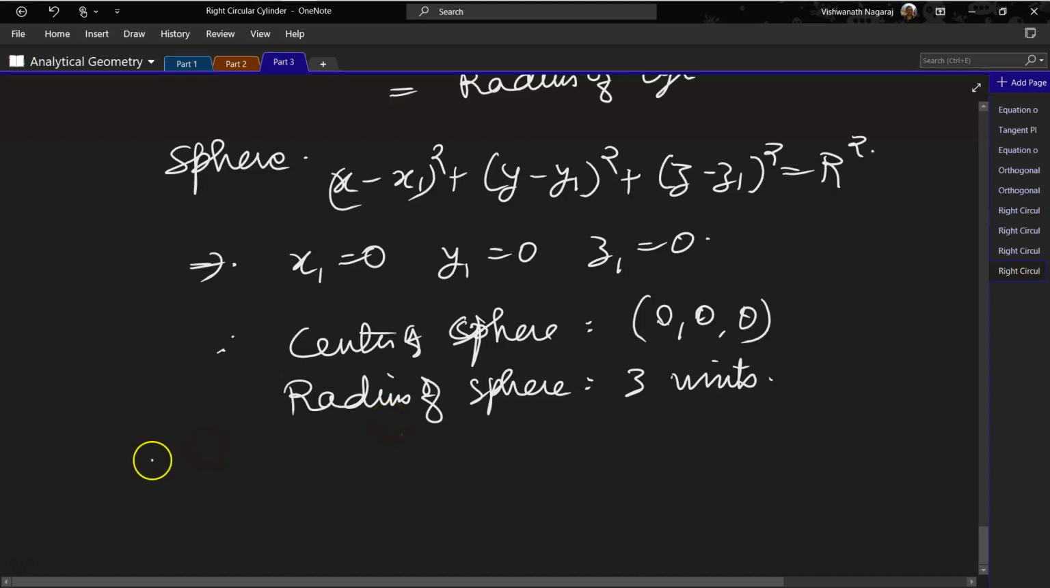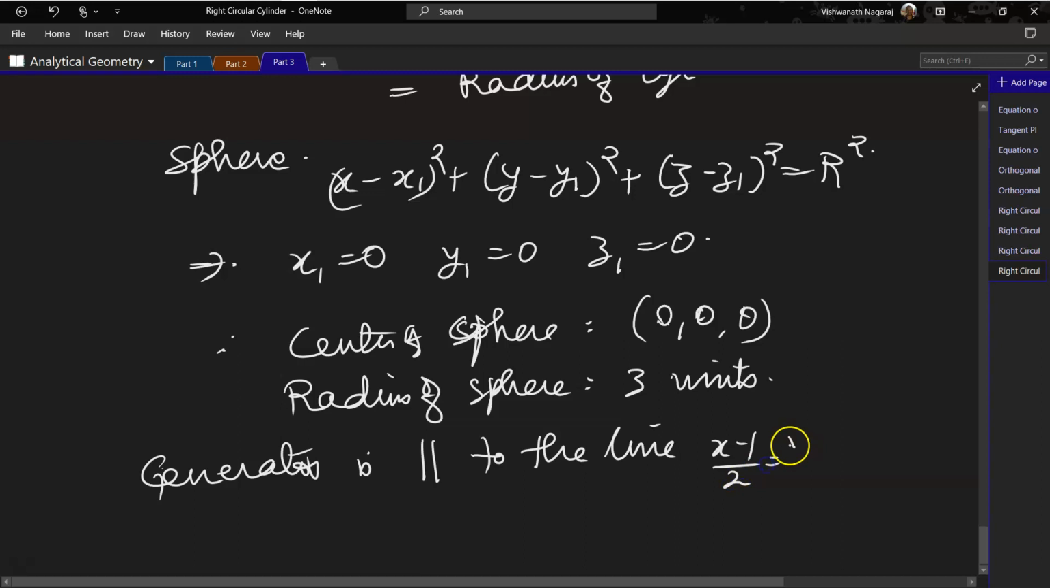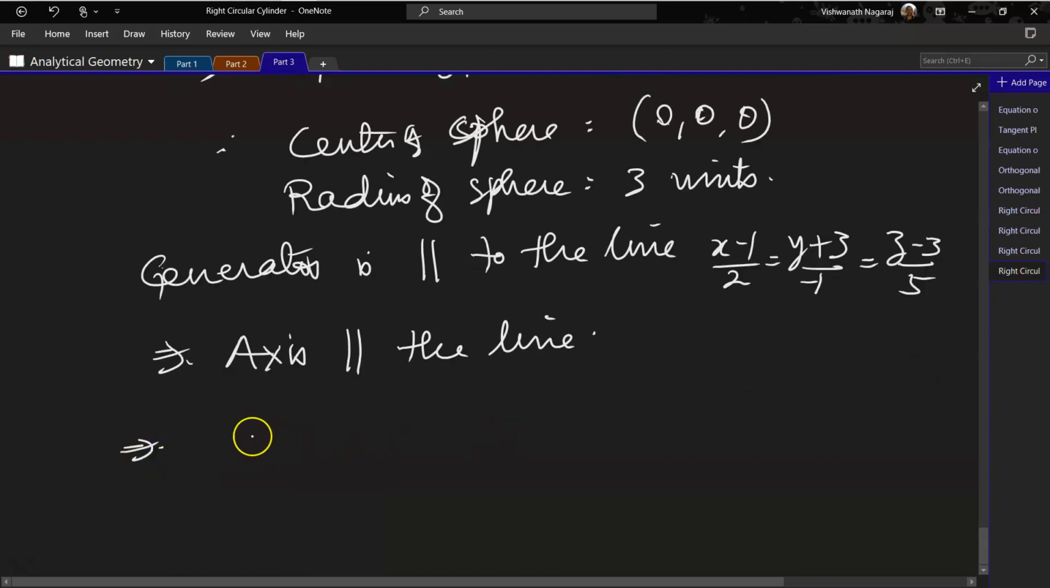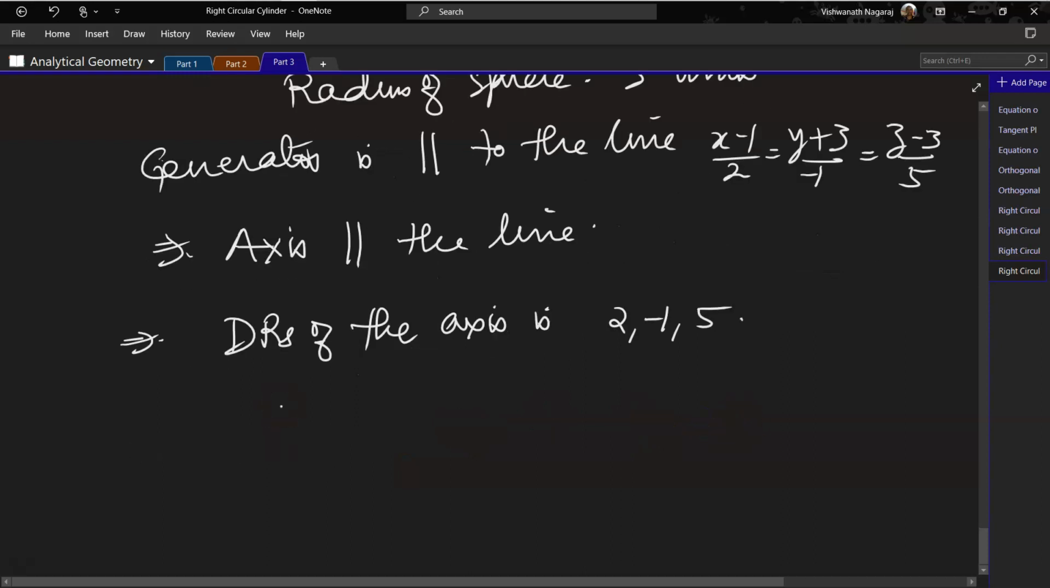3 units. Now, the next piece of information that is given to us is that the generator is parallel to the line (x minus 1) by 2 equal to (y plus 3) by minus 1 is equal to (z minus 3) by 5, which implies that the axis is also parallel to the line, which implies that the DRs of the axis are 2, minus 1, 5. So now we have got the DRs, we have the center, okay, so we have got all the things necessary. So the equation of the cylinder